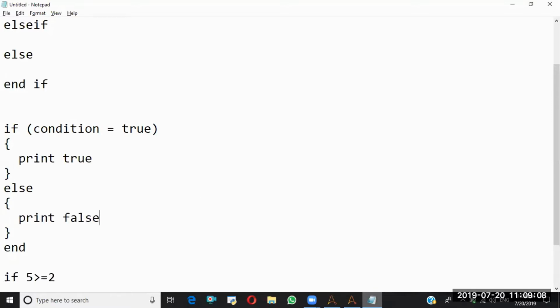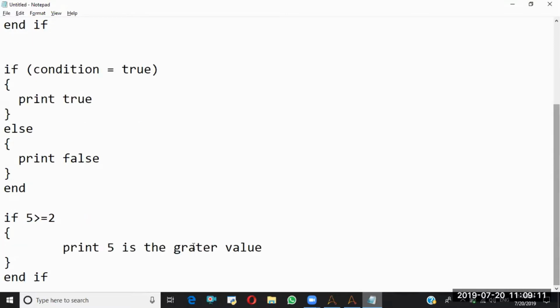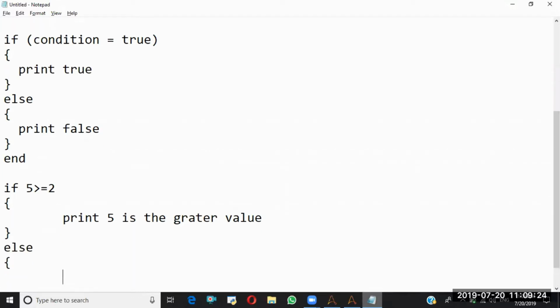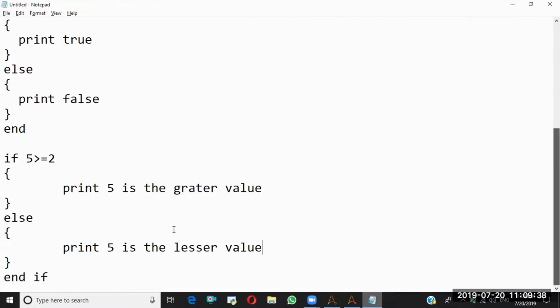So here I'll put the else condition. Else what it will do, print 5 is the lesser value.